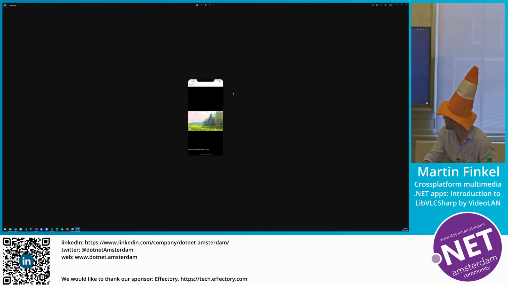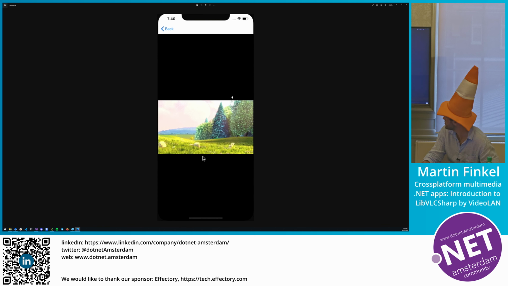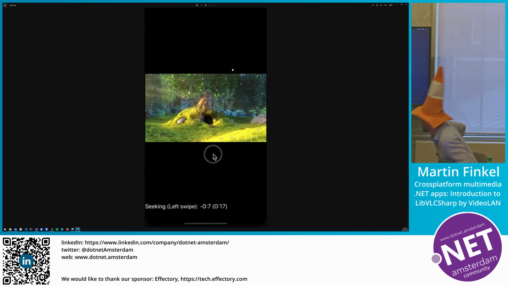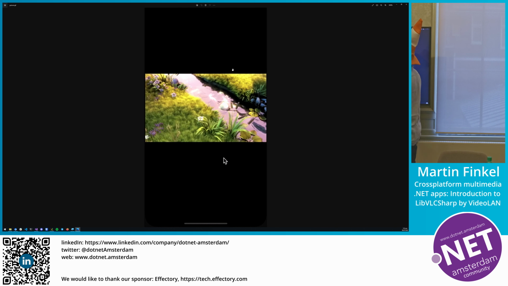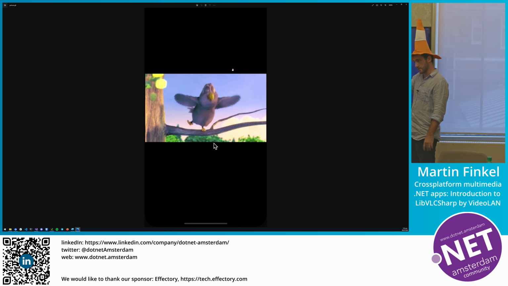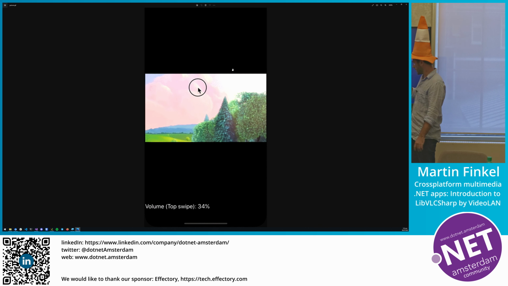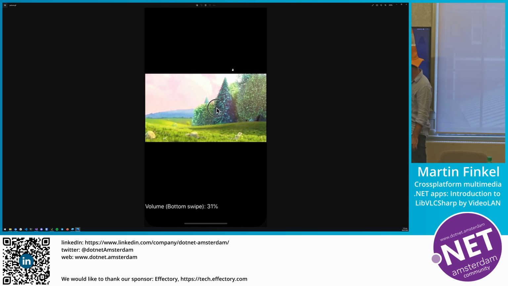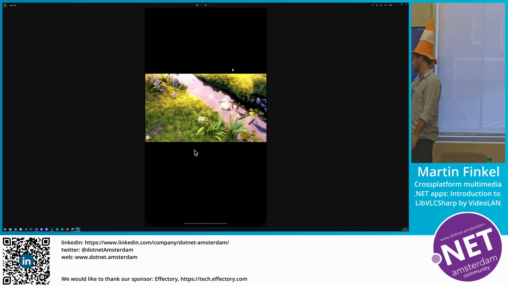So there is a gesture sample, which is basically a Xamarin Forms sample, where you can get the touch events, right, with Xamarin Forms when you're swiping down, swiping up, swiping right, swiping left.